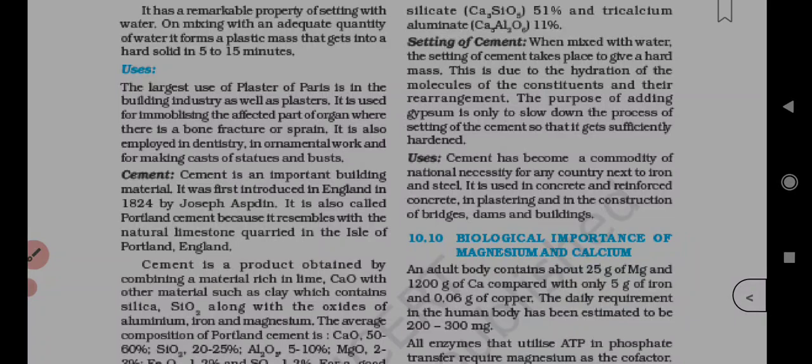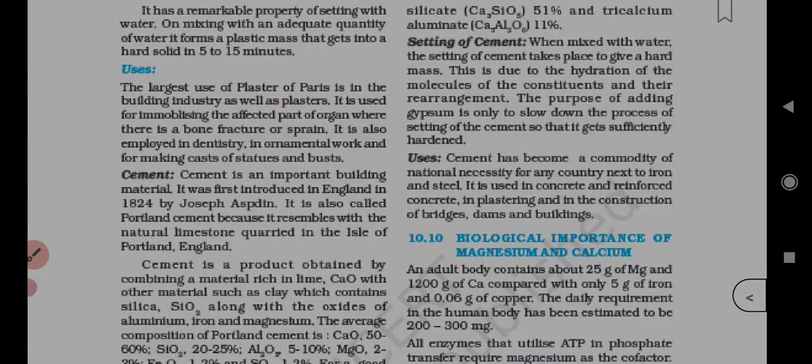The average composition of Portland cement is: कैल्शियम ऑक्साइड सबसे ज़्यादा होता है। कितना होता है, 50 to 60% होता है। सिर्फ और सिर्फ कैल्शियम ऑक्साइड 50 to 60% होता है। तो मैं बोल सकती हूँ मेन प्राइमरी मटेरियल है ना। फिर सिलिका जो क्ले से भी मिलता है, दैट इज़ 20 to 25%।